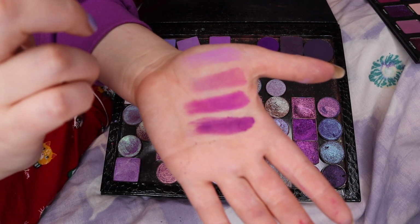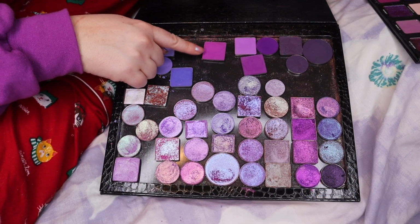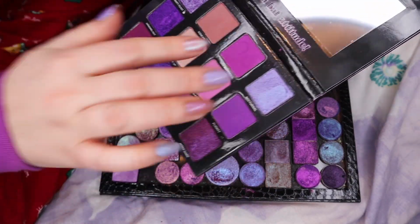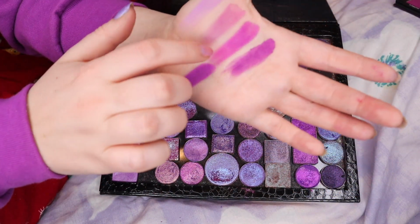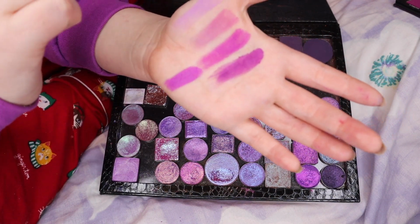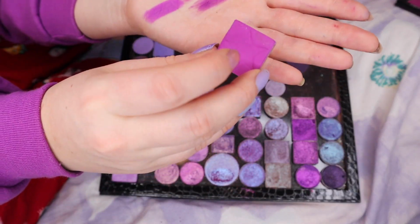Those last two are pretty nice, actually. I'm definitely decluttering these first two. Okay, for this one, I want to compare it to Sky Puppy from the Flight Club palette. I think it might be a similar color. This one's brighter. Anything that I would need this for, I can use this for, and this one doesn't bring me joy. I don't feel happy looking at these depotted Jeffree Star shadows, so I'm going to declutter